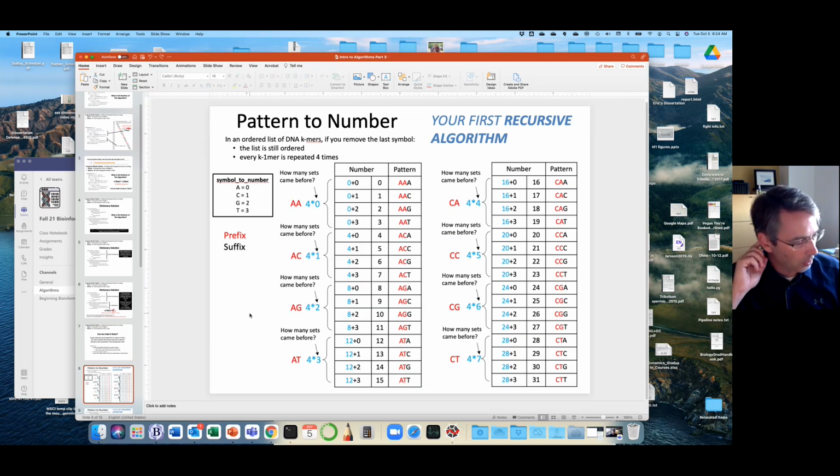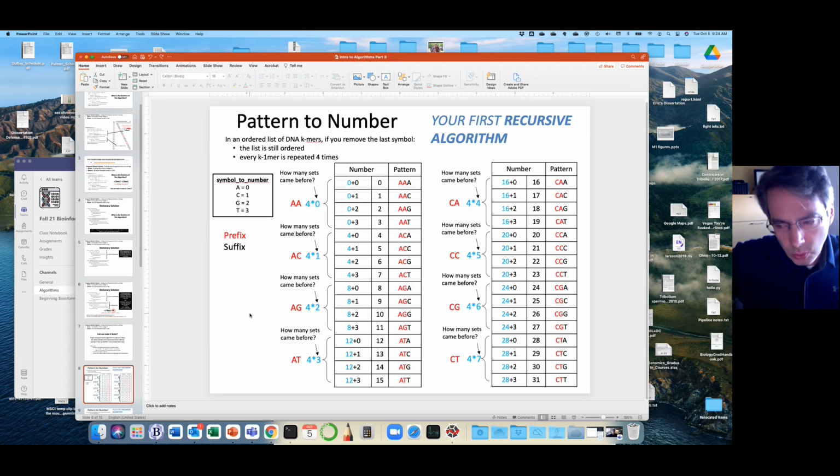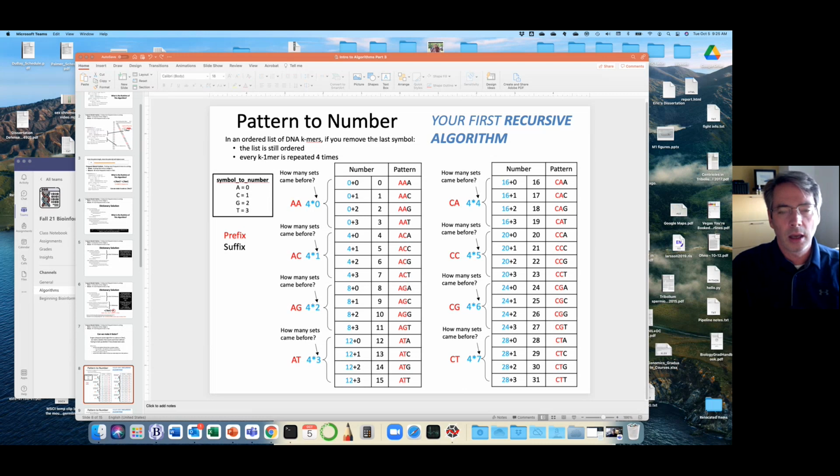And this is, I mean, one of the coolest things that I've come to appreciate in bioinformatics and about the real computer science side of bioinformatics. So this is just kind of a cool puzzle. If you think about how can I convert any pattern of DNA sequence into a unique index? Well, some really smart person figured out that if we list them all alphabetically,